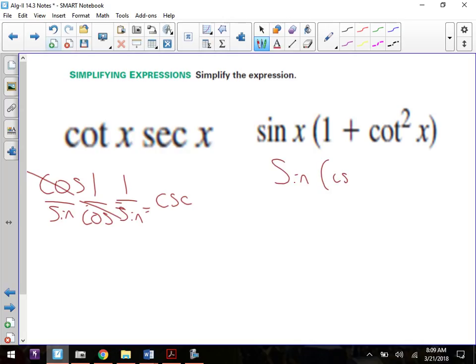times cosecant squared. Well, cosecant is the reciprocal property of what? Sine. So cosecant squared is the same thing as 1 over sine squared. What drops? Just one of the sines. Which leaves you 1 over sine, which means your answer is